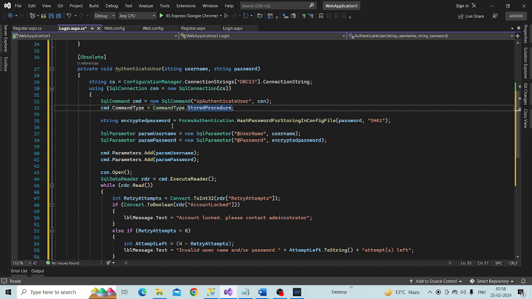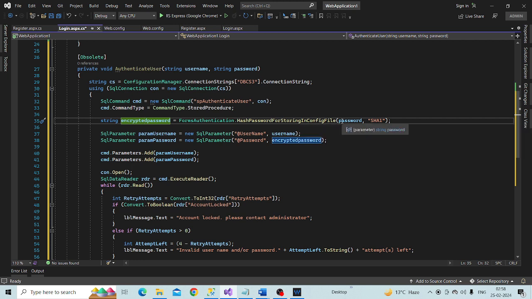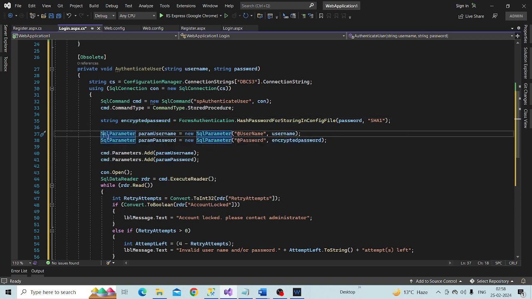Obviously we want to encrypt and then send the password to the database for comparison. And we are using SHA1, that is the hashing algorithm, and then we are creating two SQL parameter objects, adding the parameters to the command object,